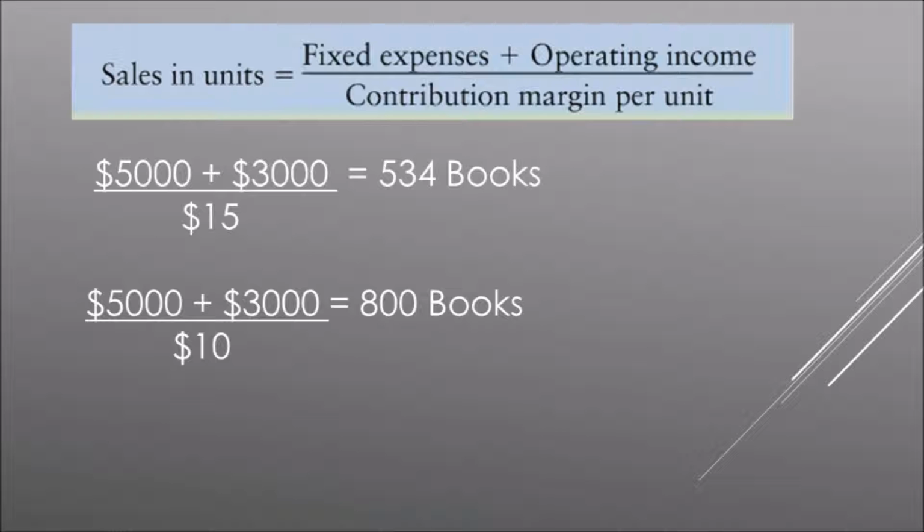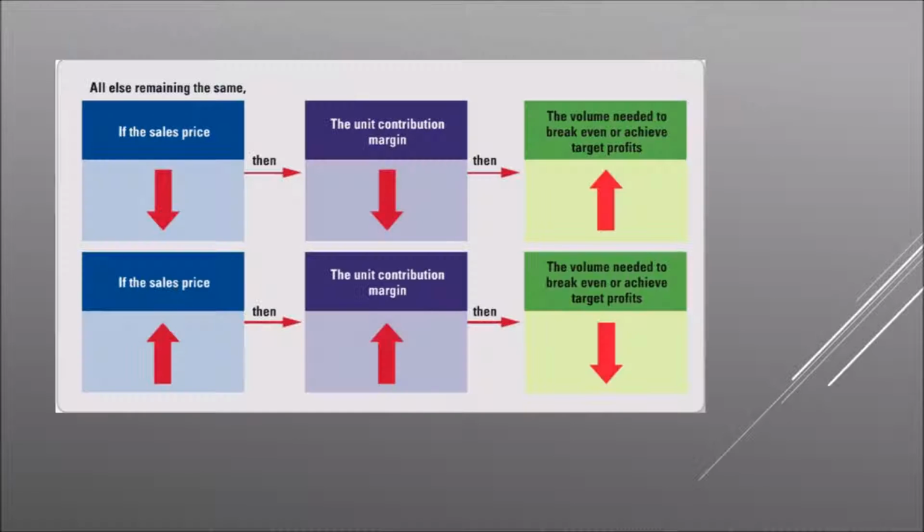So if our fixed expenses is $5,000 and our target profit is $3,000, we would have had to sell 534 books based on our original contribution margin. Because of competition and our lowered prices, we now have to sell 800 books to hit our target profit volume. If all else remains the same when sales price goes down, then unit contribution margin goes down, which means the volume we need to break even or achieve target profit goes up. When sales price goes up, unit contribution margin goes up, which in turn means we need less volume to hit